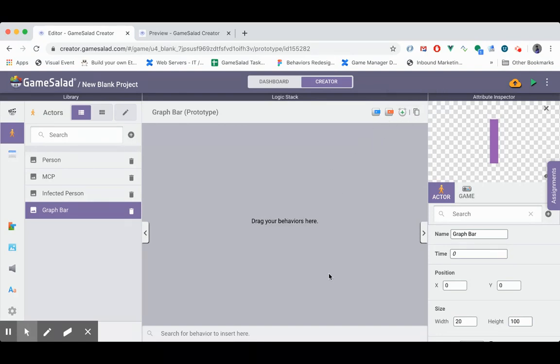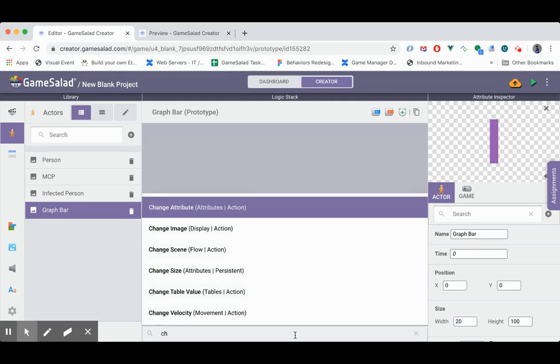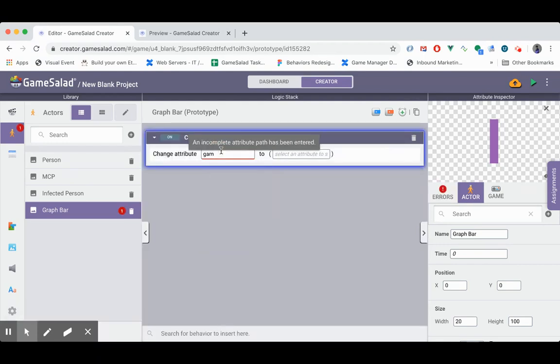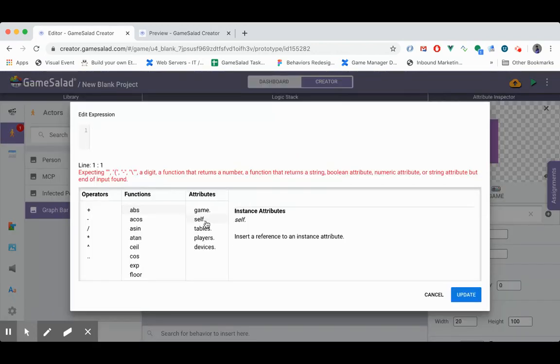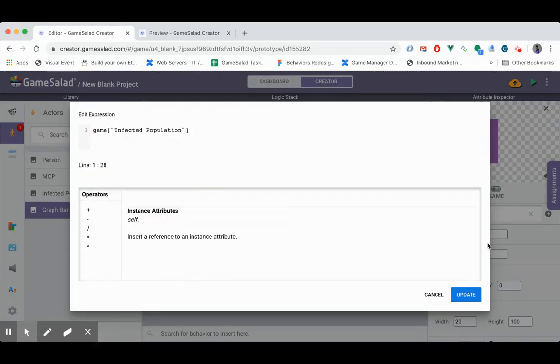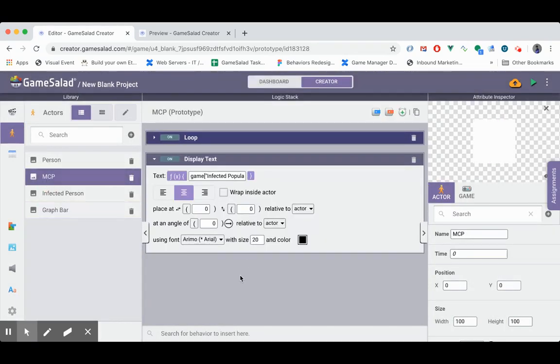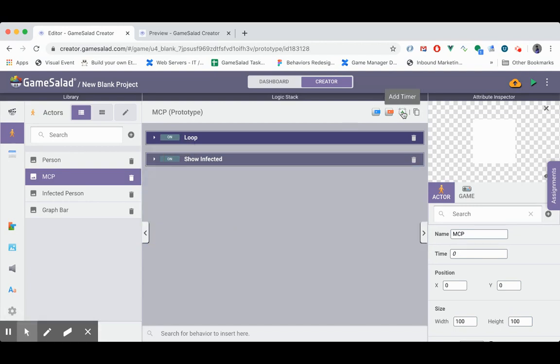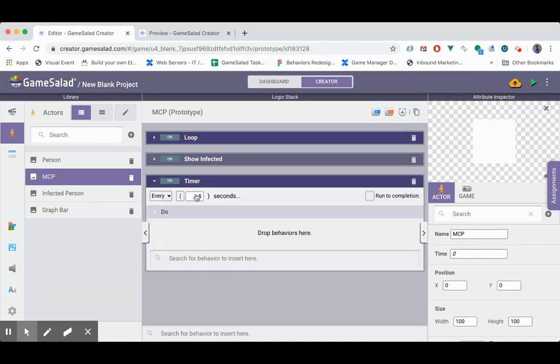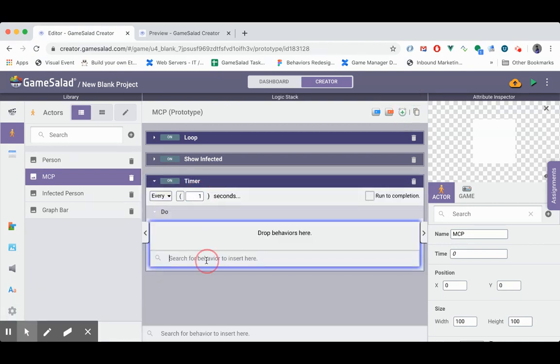So in this case, we want to change the height of this bar, not the game, but the self size height to match the game infected population. We'll update that. And then what we're going to do is we'll have the NPC program create these bars over time. So since it's over time, let's use a timer. And every second, we will spawn